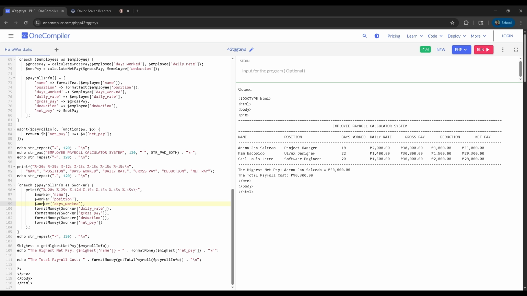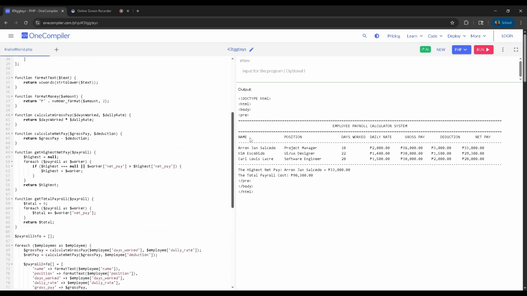So basically this format is descending since he's the highest, and the second highest net pay is Kim Escobedo, and the third lastly is Carl Luis Lacre.